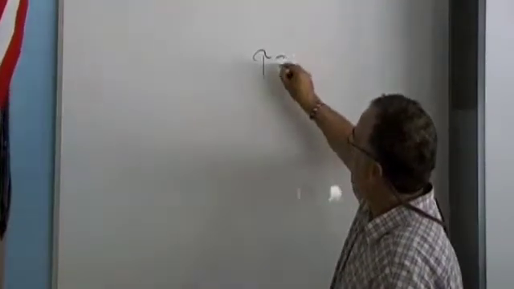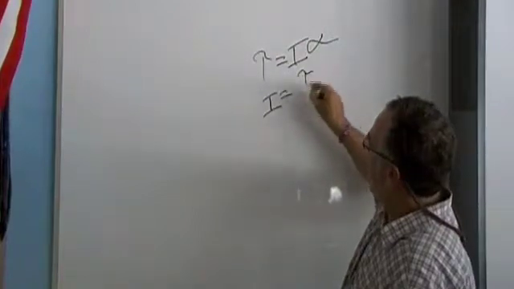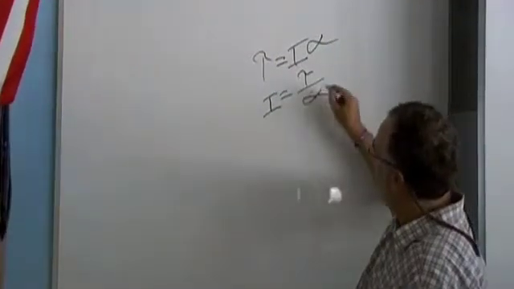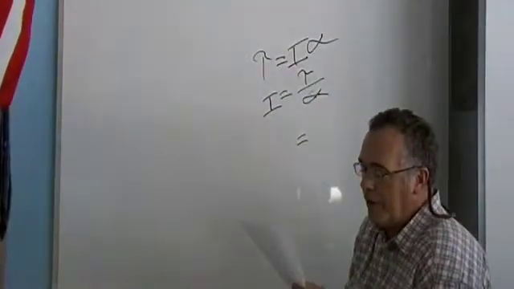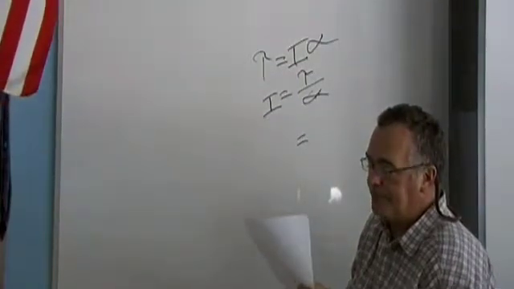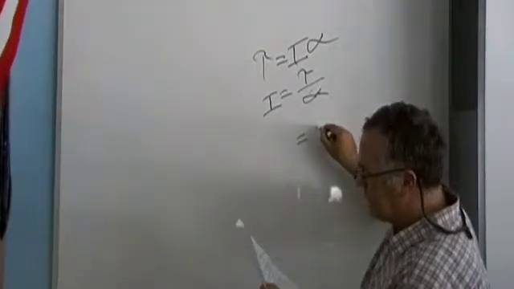So torque equals I alpha. We're looking for moment of inertia. So that's torque divided by alpha. Let's see what we got. Bicycle wheel, radius 0.38, and has a force of 0.35. So the torque has got to be